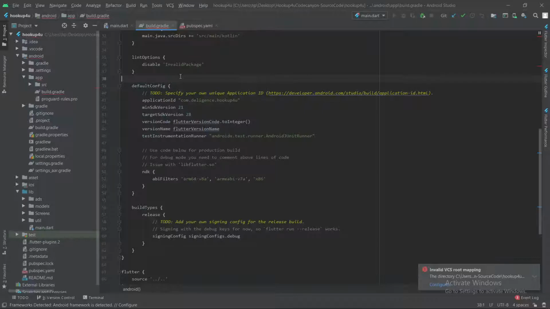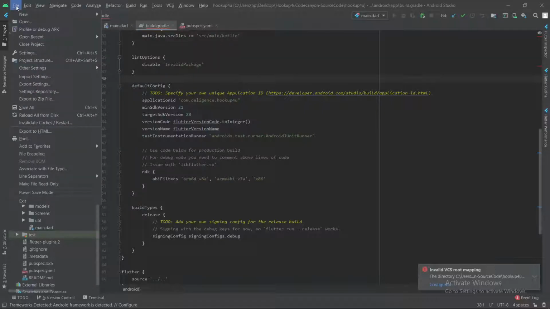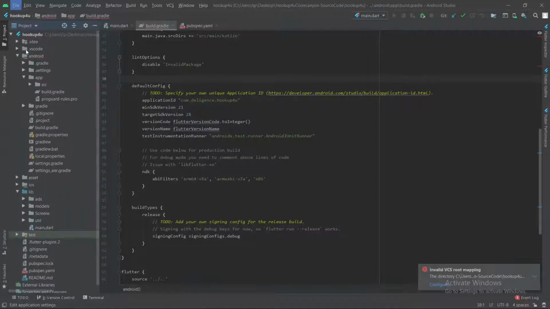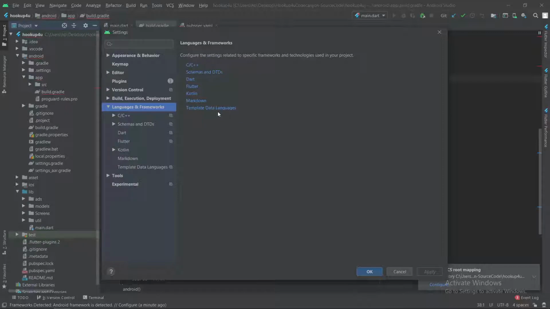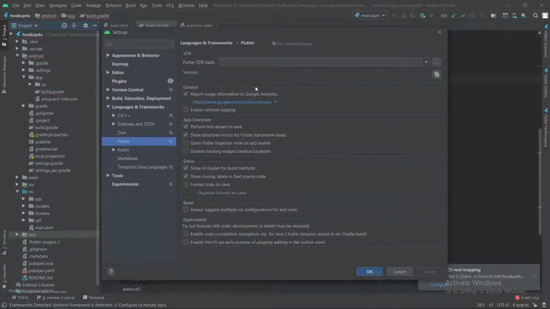And now what we need to do is, first we will check if Flutter and Dart support is enabled for this project or not. So for that, we need to go into File, Open Settings. Yes, now open Languages and Frameworks. In Languages and Frameworks, we need to go into Flutter.